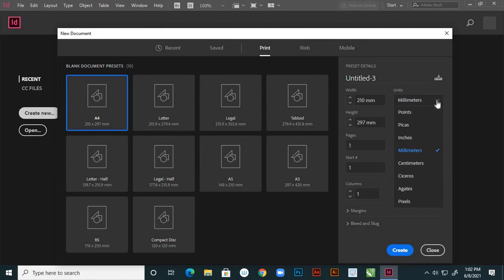But here you can change the units into inches, then we'll understand better. Pages 1, the start, and columns as they are. Keep this, I'll explain all these things later. So, create.